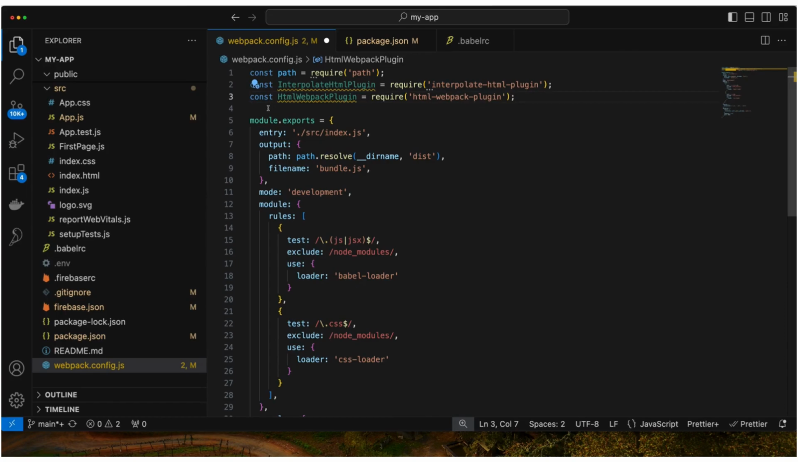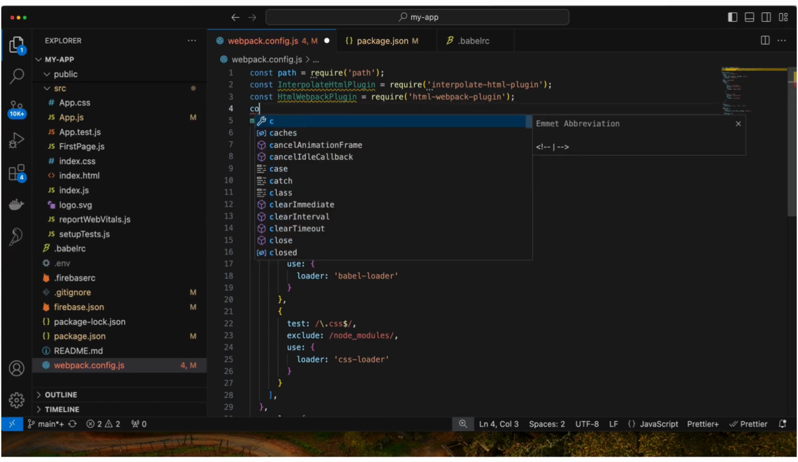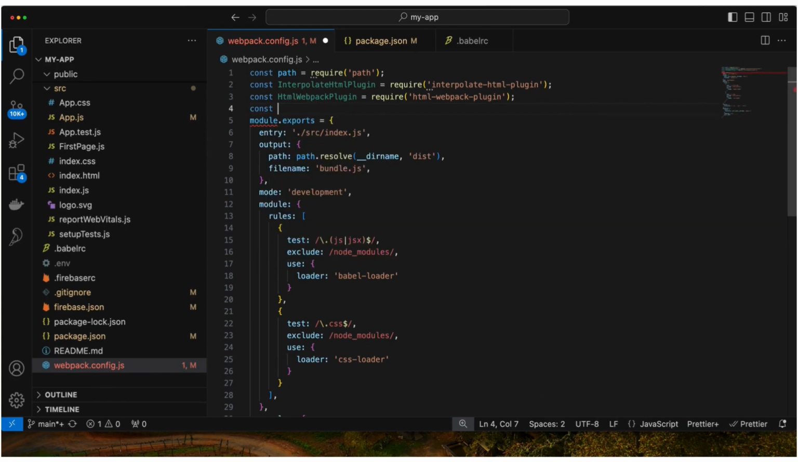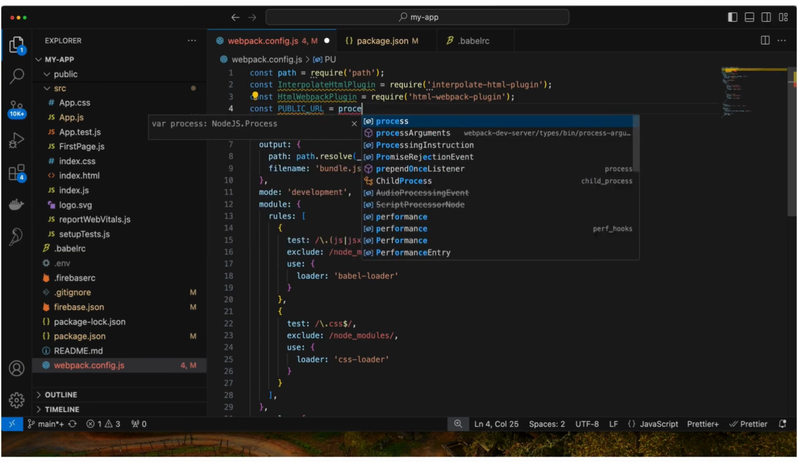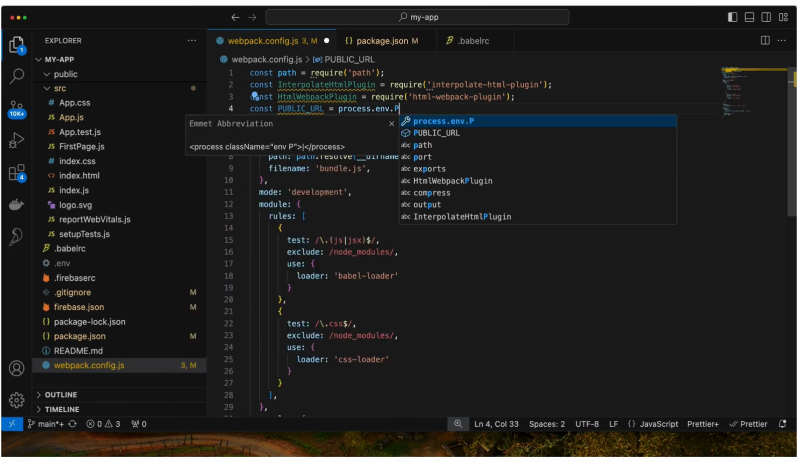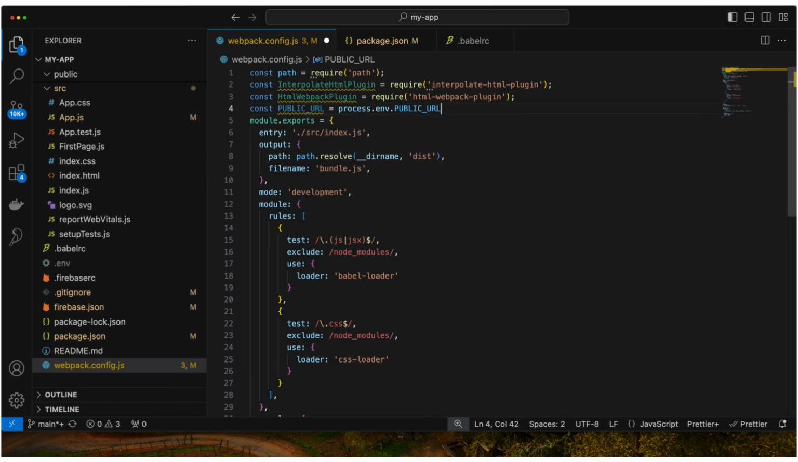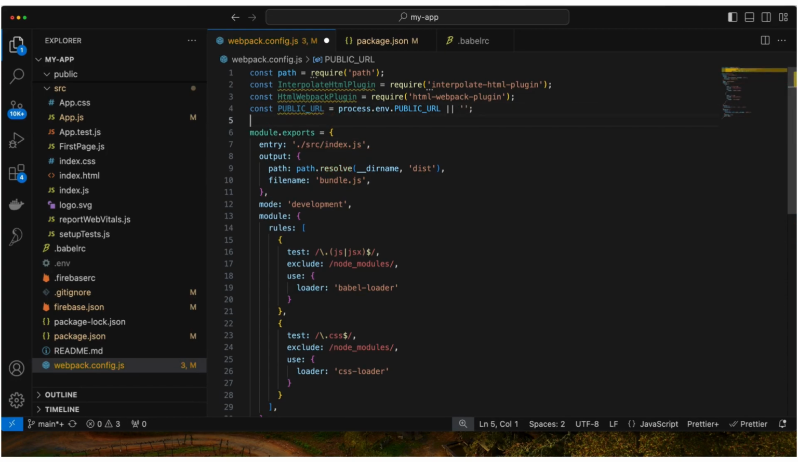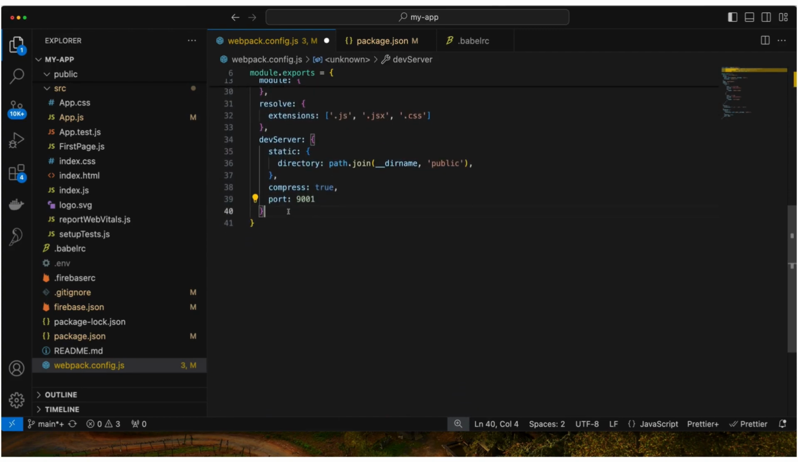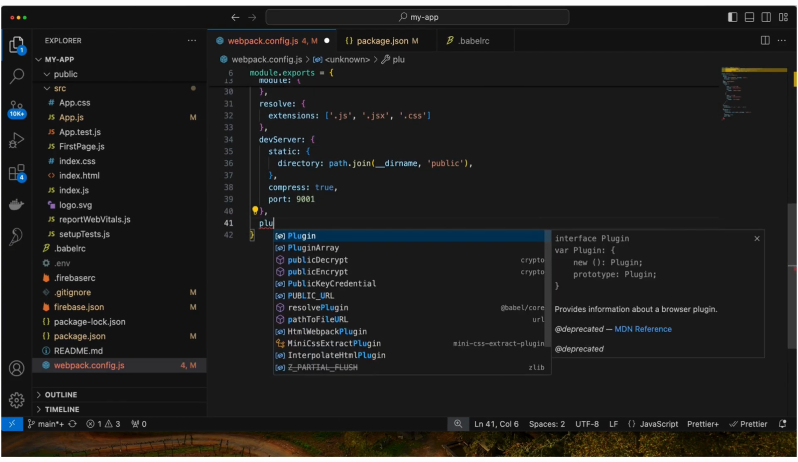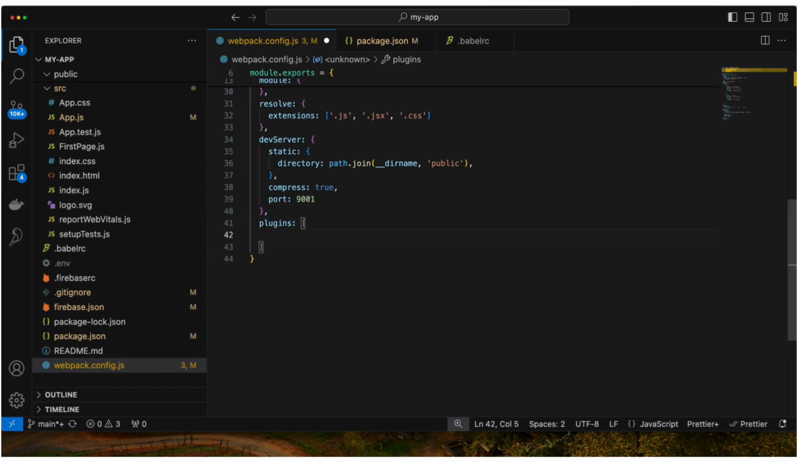Right. One more thing that you will need is a variable that is pointing to your public URL. We are going to read it from environment variable if it is available. If not, then we'll provide a default value, which will be empty in our case. Once this is done, let's add those plugins. This is going to be an array of the plugins we just added. So new interpolate HTML plugin,